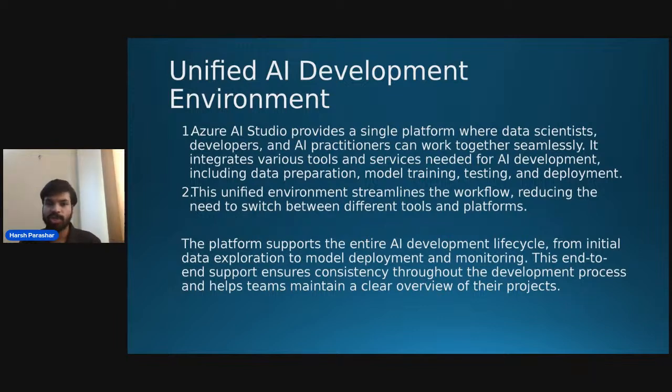All 24 by 7, there will be a community, there will be support, there will be the Azure AI Search platform, Azure AI Vision support. Every type of support and help is available for you, so that you can get a hold and streamline the workflow. Workflow streamlining is very important. Even in the work you are doing, if five people are working on your project, different people are working on different systems. Someone is making the X model, someone is making the Y model, someone is making the Z model.